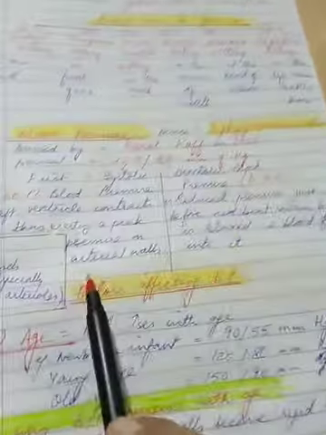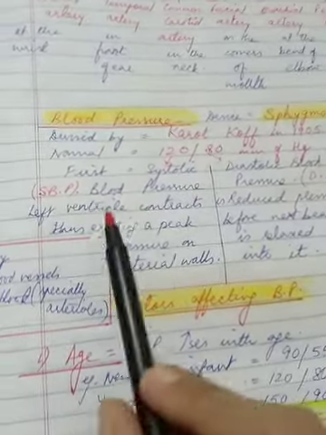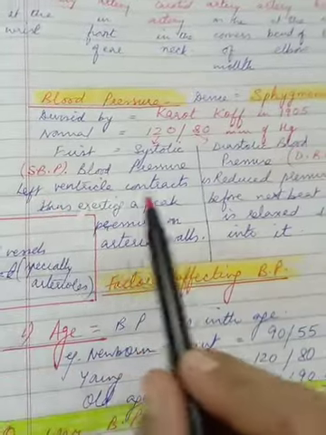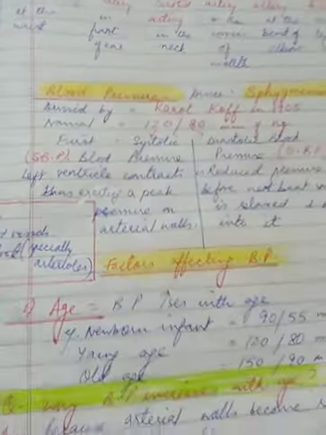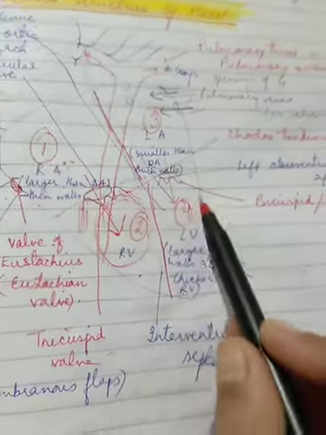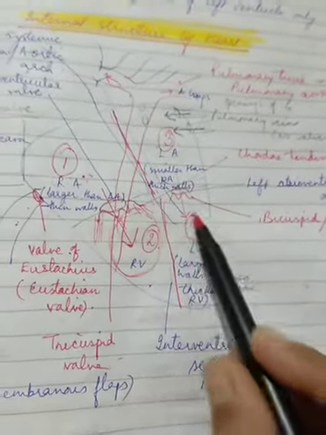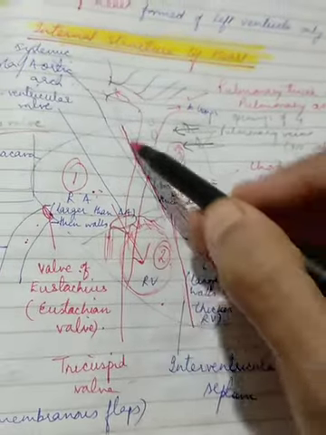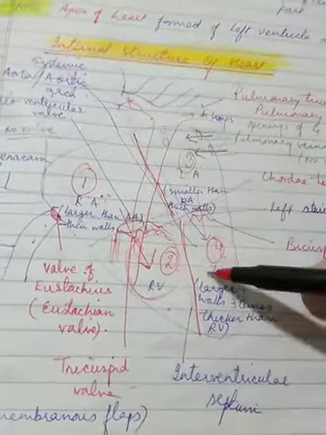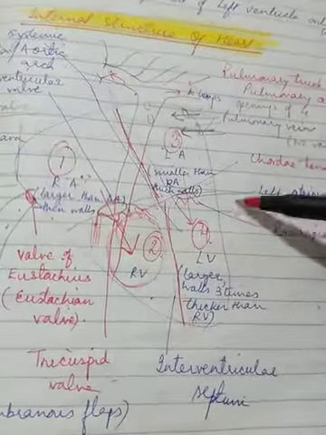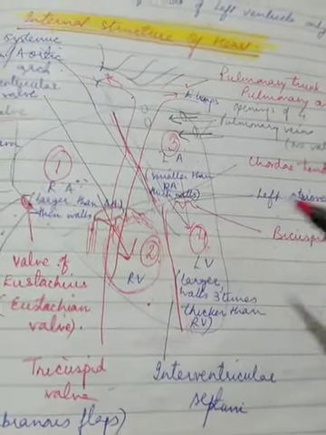So systolic blood pressure is the one when the left ventricle contracts, thus exerting a peak pressure on arterial walls. Let's see in the structure of the heart. Left ventricle. Now when this is contracting, children, obviously the pure blood is being sent out through the aorta. So this is the highest pressure, you know it, because the walls of the ventricles are also very thick,